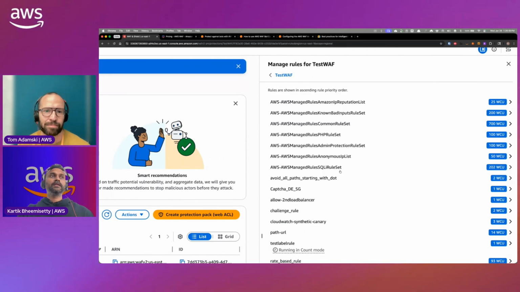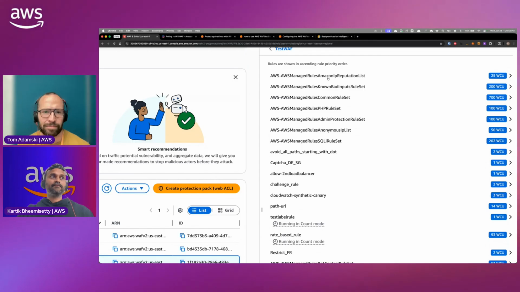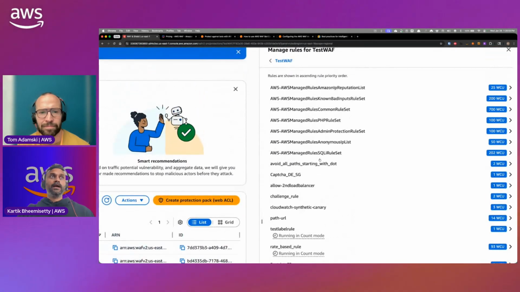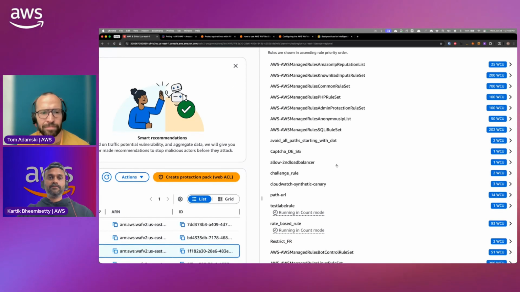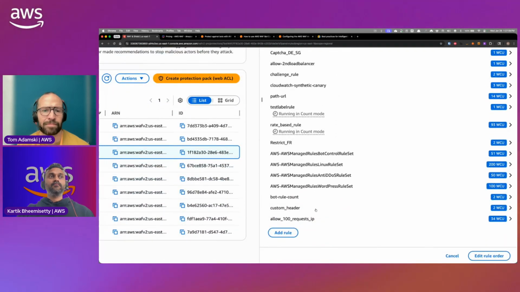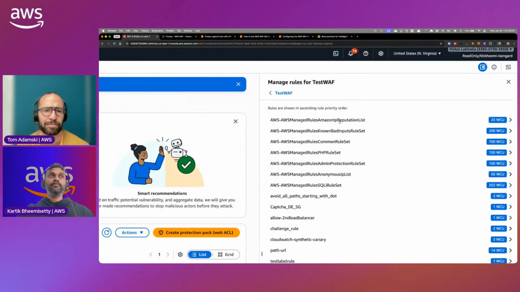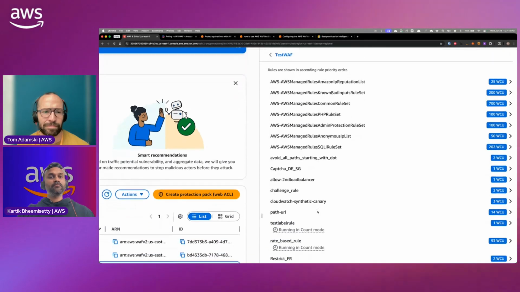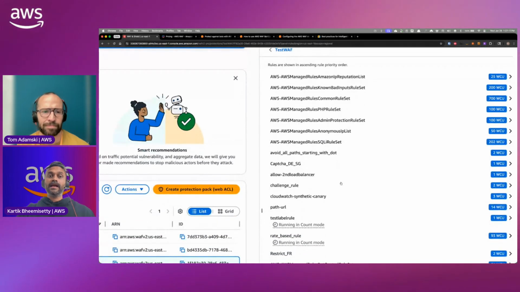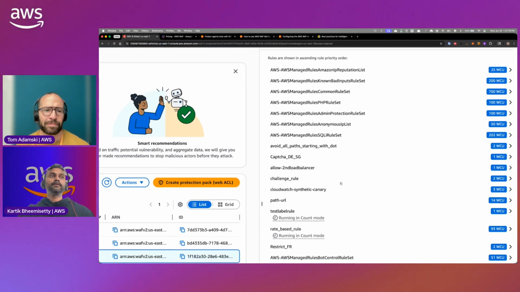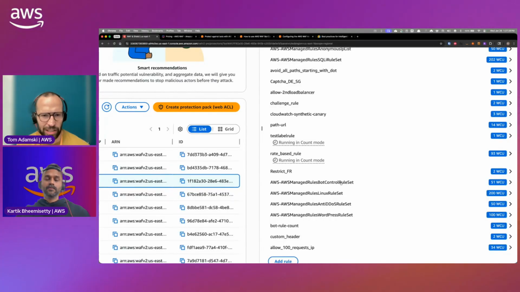That's correct. If you look at this test WAF, I have 15 to 20 rules. I can put each of them in count and then monitor all the rules that this particular request is matching. And at the end, I can say, if it matched maybe the IP reputation list and not any other rules, maybe allow. If it matched 5 out of these 10 or 15 rules, I can block. So you can make those decisions later instead of straight away blocking that request on a particular rule. Got it. So you're building your confidence up. That's correct.